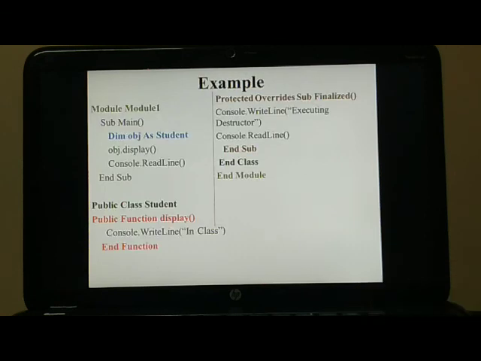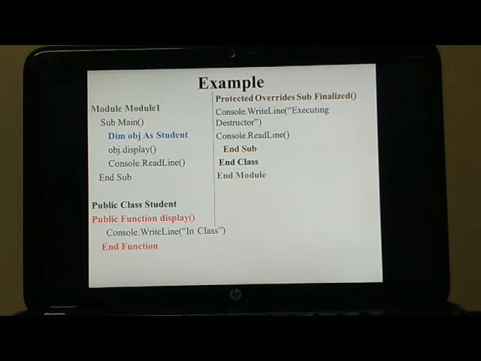In the example, I have taken a class as Student. In that I have created a function as Display, in which I have printed a statement: in class. After that the destructor is declared as Protected Overrides Sub Finalize. In that I have printed a statement: executing the destructor.